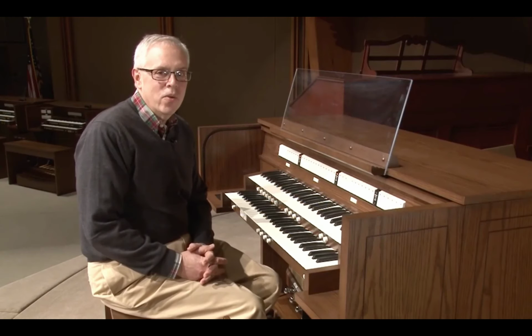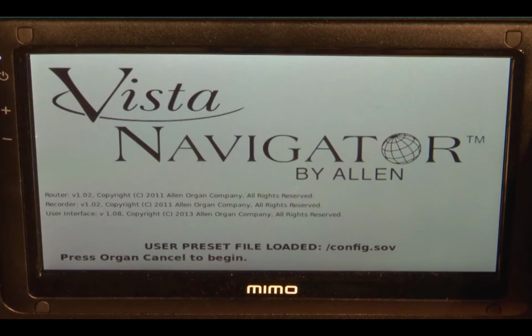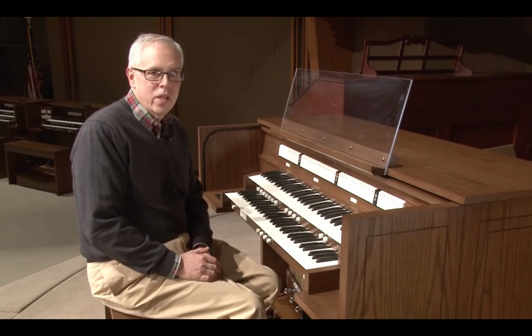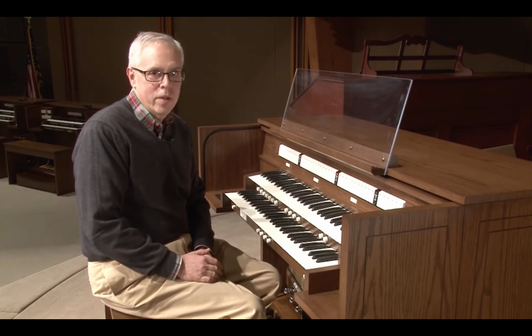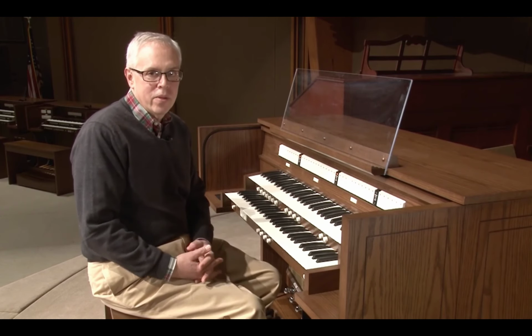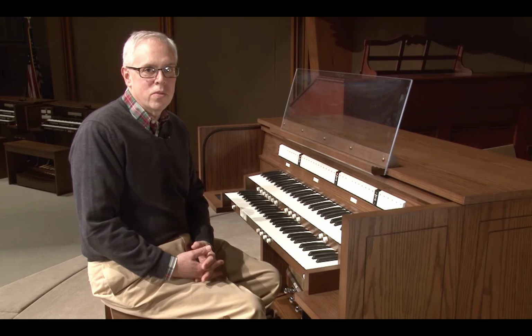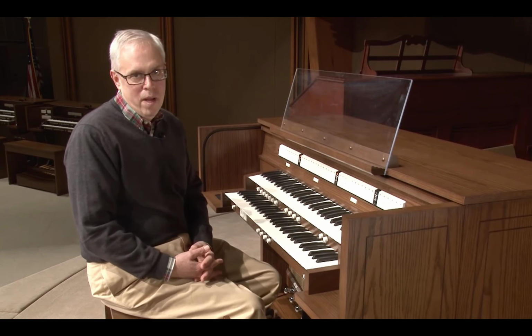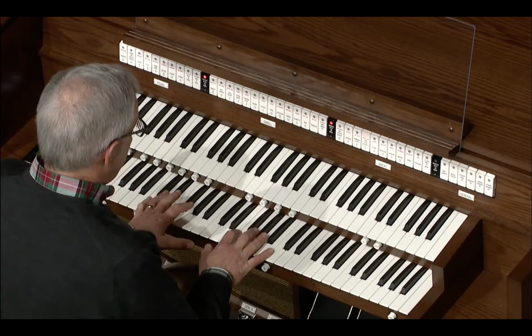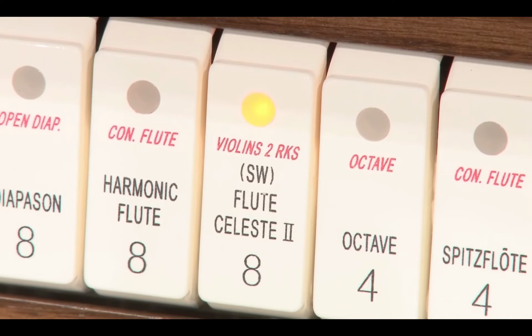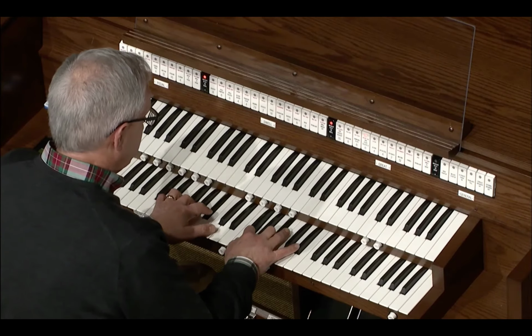Today I'd like to show you how to use a 2-manual organ and Navigator to achieve the versatility of a 3 or 4-manual instrument. And to demonstrate that capability, I'm going to use the piece of music Gesù Bambino by Pietro Yon. I start with a registration that uses the flute celeste from the organ on the great,